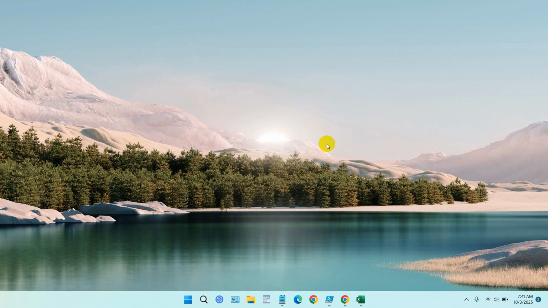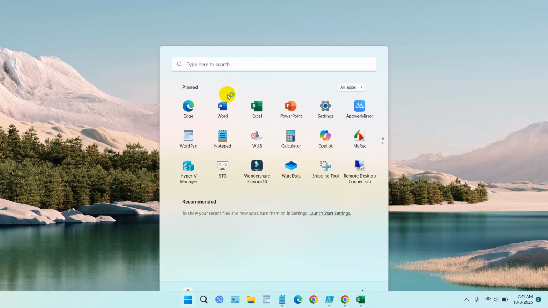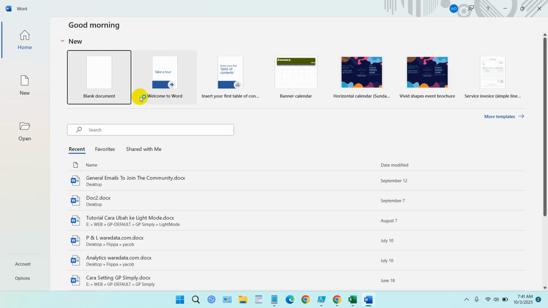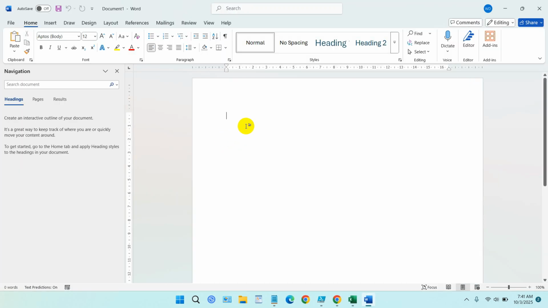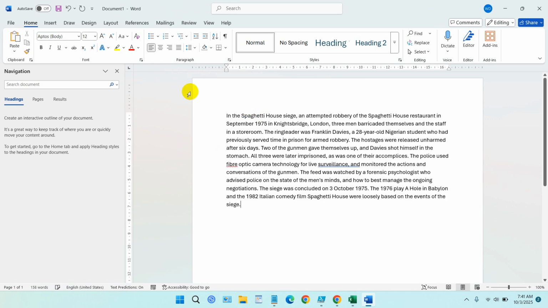In this video, we will show you how to replace words in Microsoft Word, especially on Microsoft Office 365. For example, here we're creating a blank document like this, and by default, when we open Microsoft Word there